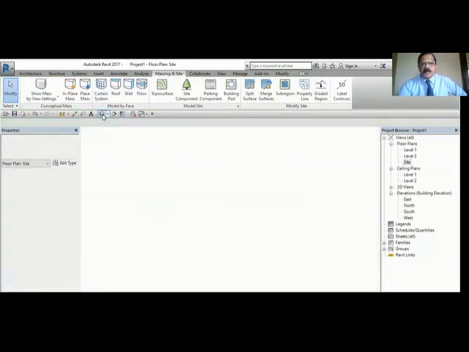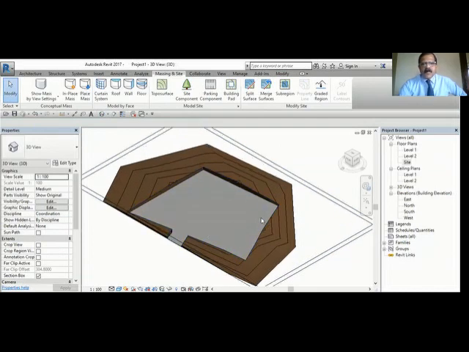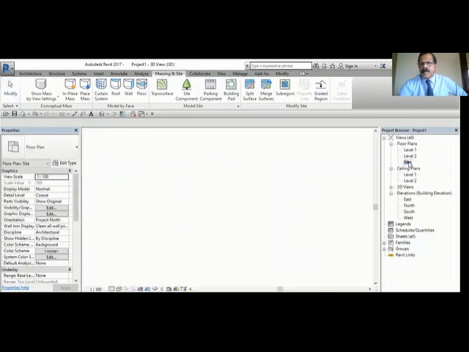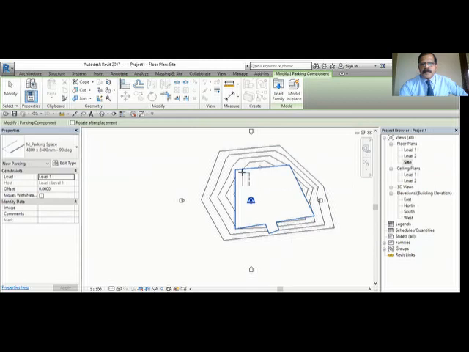Let's see from 3D now. Okay, so this is your plot now. Now I want to put some parking here. So I can use the parking component. I'll bring that parking component, and you can see the parking component. You can rotate it.